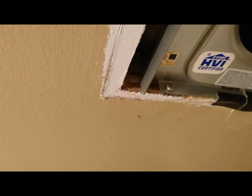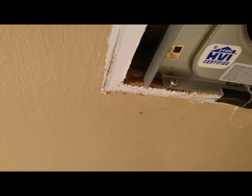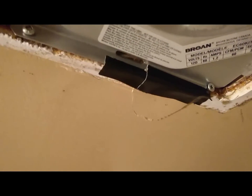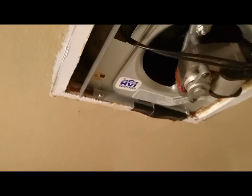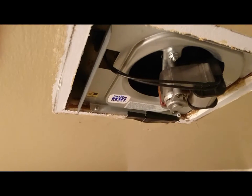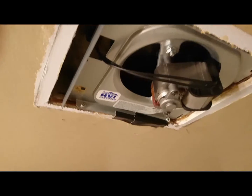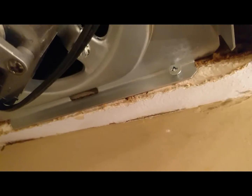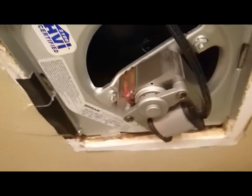wall that it worked on that side, but on the other sides this wasn't enough. As you can see, it's hanging really low, and I couldn't push it up any higher because of how high the unit is. But the screws on the other sides are above the drywall, and it's a very light unit, lightweight,